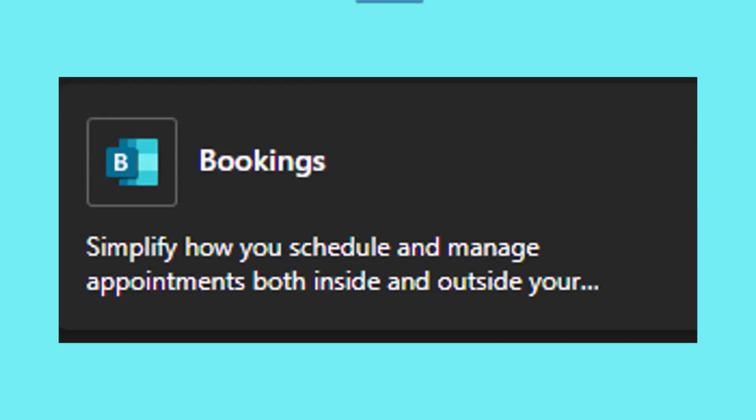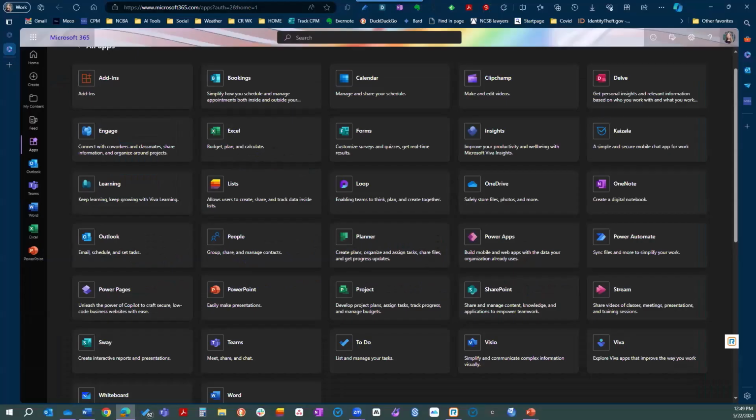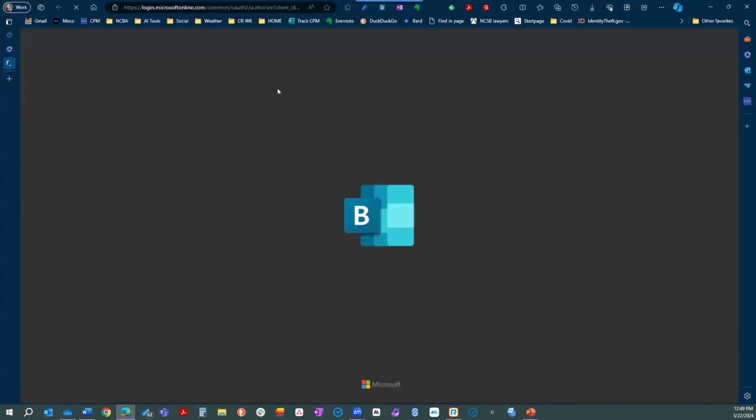And so I've been using Calendly primarily because it's something that's been around a lot longer than Bookings, but now you have this built into the Microsoft 365 suite and it integrates with your calendar and everything. So let's go take a look at this. So we're going to go over into Bookings